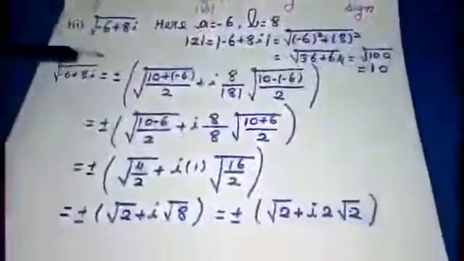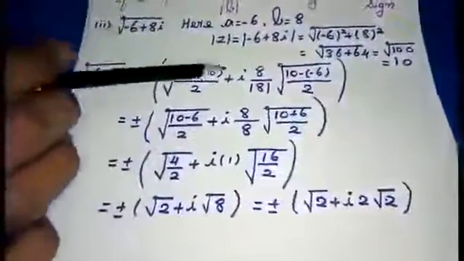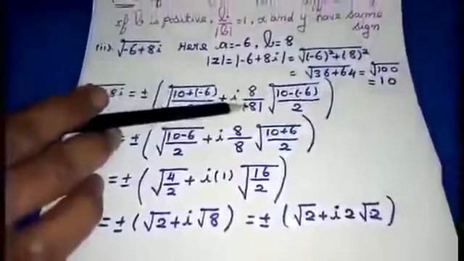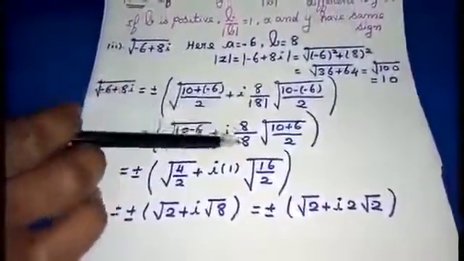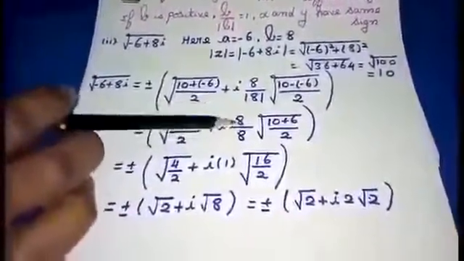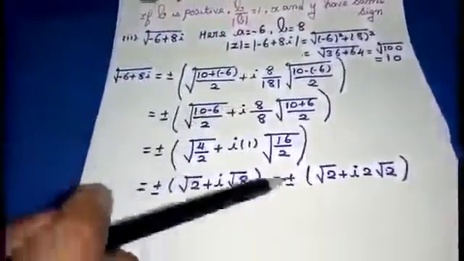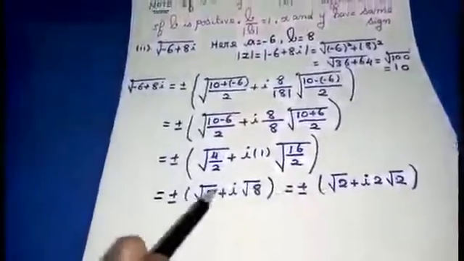Then after applying the formula, you are going to simplify the term. Just simplify the term. 8 divided by mod 8 is nothing but it's going to be 1. Here you are going to get a positive value, so automatically your final answer will also be positive. Just do the calculation, students. Finally you will get the answer like this. You can stop up to like this.